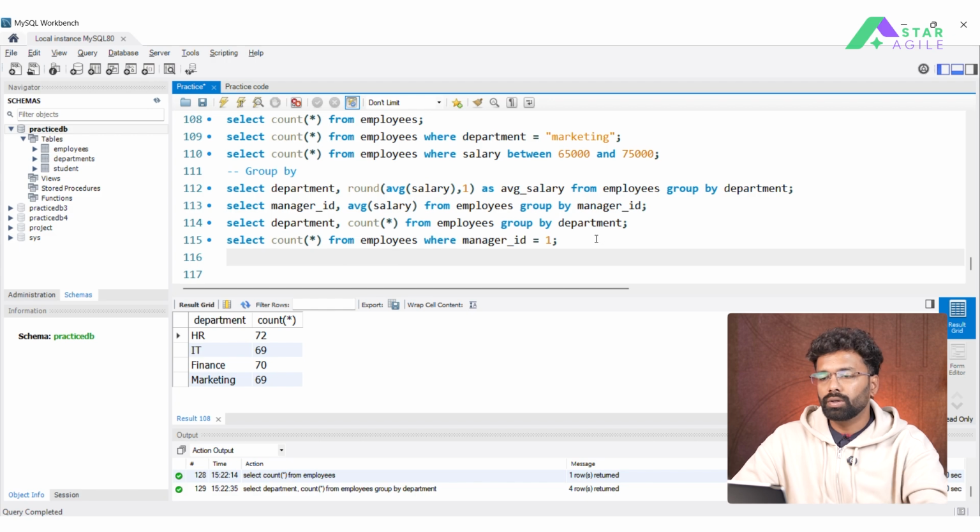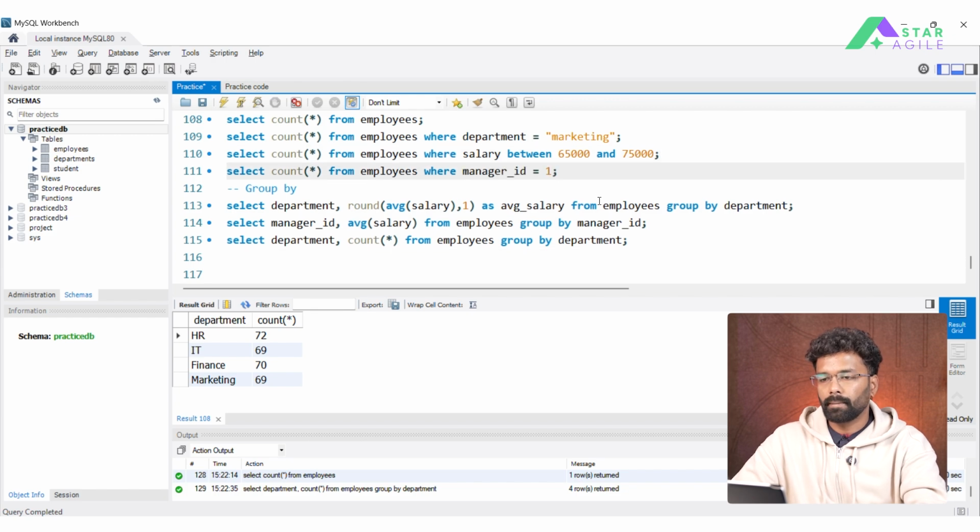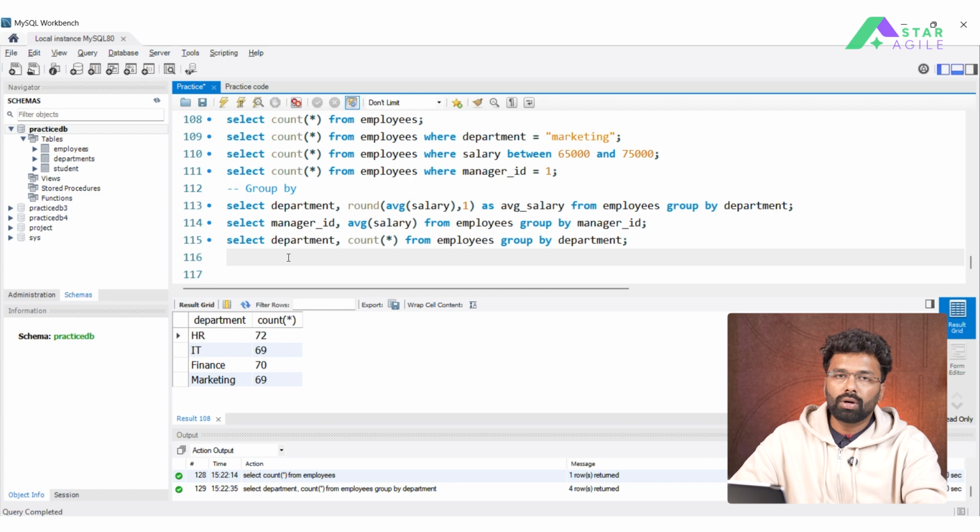Okay, so now this is how count we can use. And also now you can find out how many people are in each and every department with conditions also. So now if I want to give some conditions, first I want to print from each and every department how many people are having their salaries greater than 85,000, guys. Okay, so select